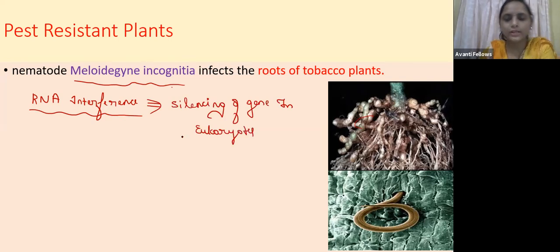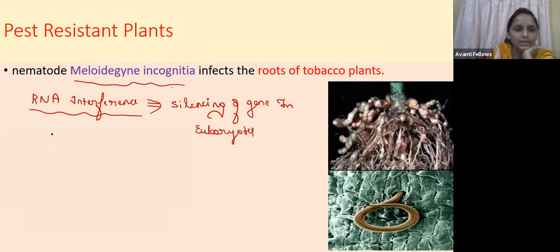It is widely used in eukaryotes, guys, in the silencing of the gene. What happens in eukaryotes is that some proteins are constantly prepared, right? To limit that protein synthesis, whenever the RNA is synthesized, it is going to block that RNA. By silencing that RNA, that is why it is called RNA interference. It is silencing of the gene in eukaryotes.